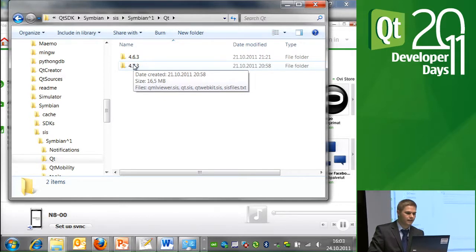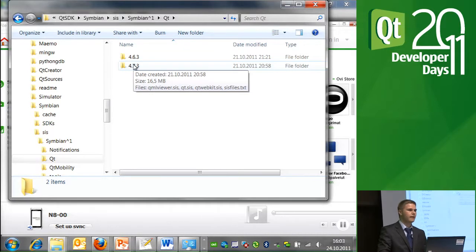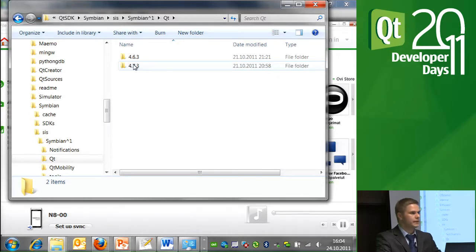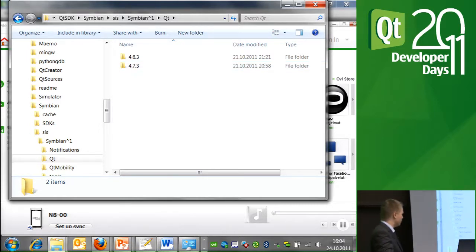Basically, my understanding is that when we go to Belle, after that, the idea is that we will start receiving new Qt upgrades on the Symbian platform with new OS releases, and not as separate updates. But especially for the older target devices, there is the Smart Installer that you can use. Yeah, you can quite easily configure your application so that